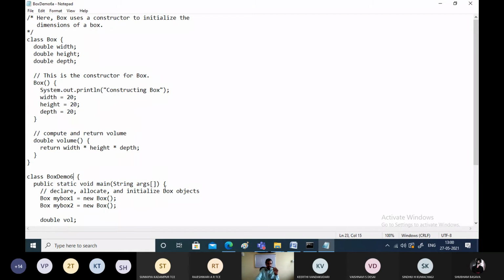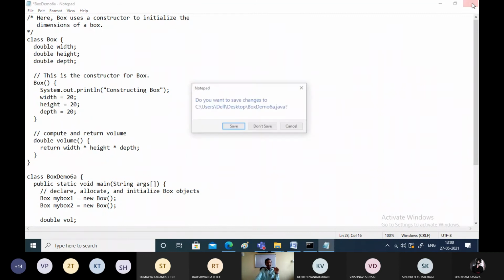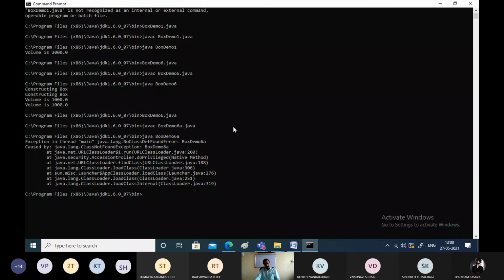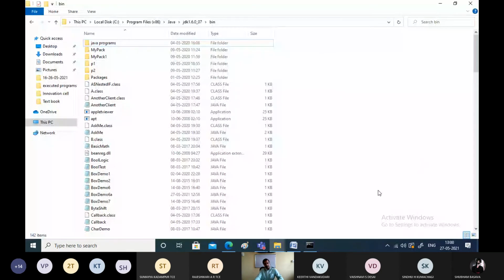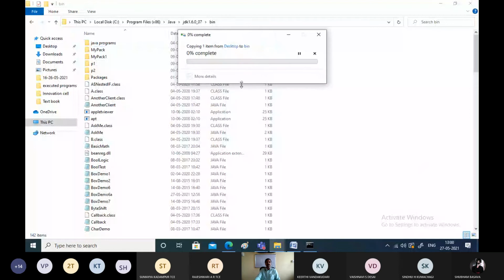But I am giving the wrong name here. So it must be 6a. You should specify the name of the class which contains that particular bytecode. Now I have saved this. I'll take this updated program, that name, and try to place it here.